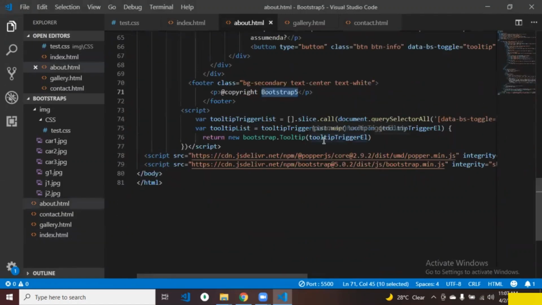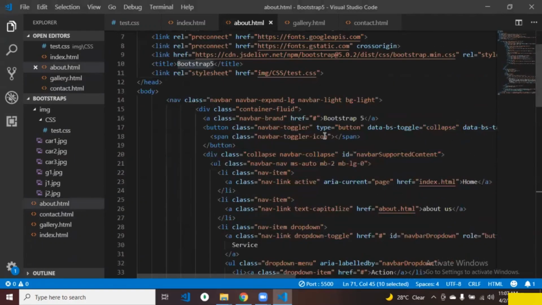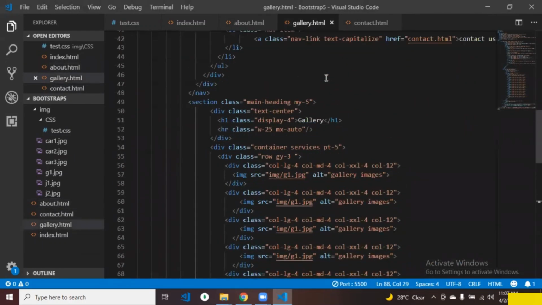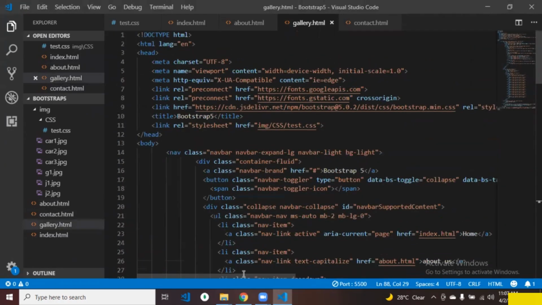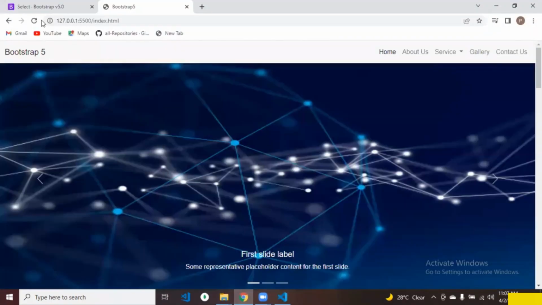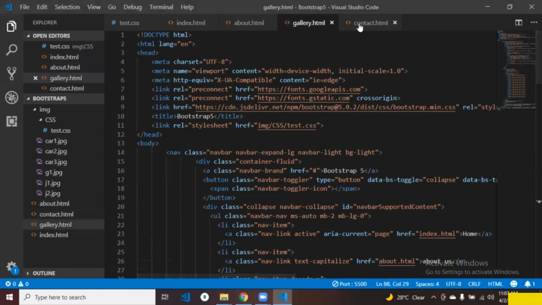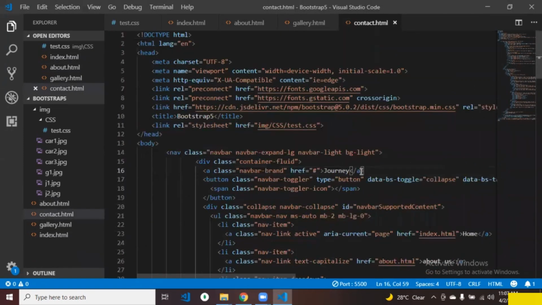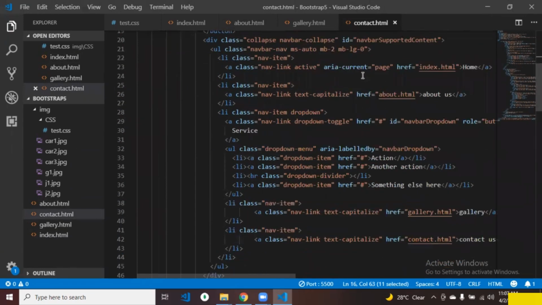Where did I change it? Let me check. Still Bootstrap 5. Fine. Let it be as Bootstrap 5. It will make no difference. Okay, I made the change here. So it's fine. We will keep everything as it is, and we have kept all the content in the respective